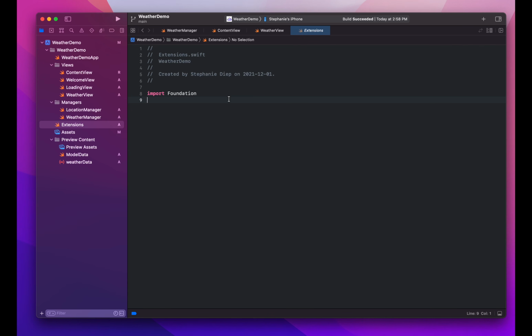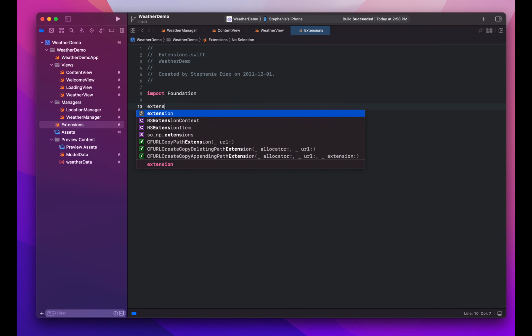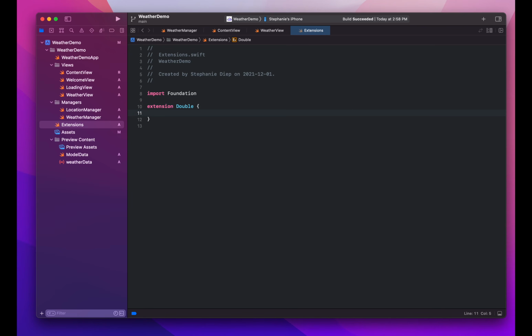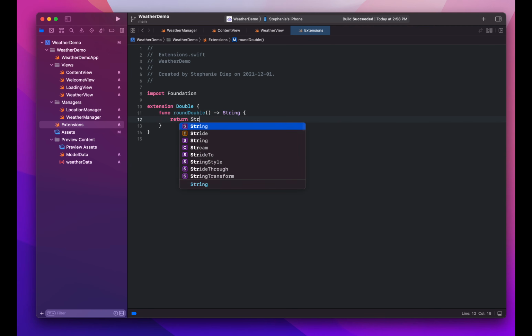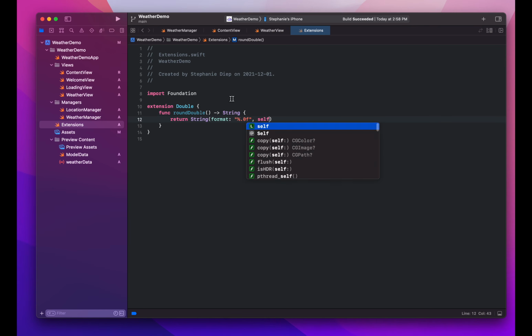Inside of this extensions file, we will need to create an extension on double. So we will do extension Double. Inside, we will create a function that is called roundDouble, and it will return us a string. Inside of the function, we will simply return a string in the format %.0f on self. That means that we will round the double on which we will call the roundDouble function